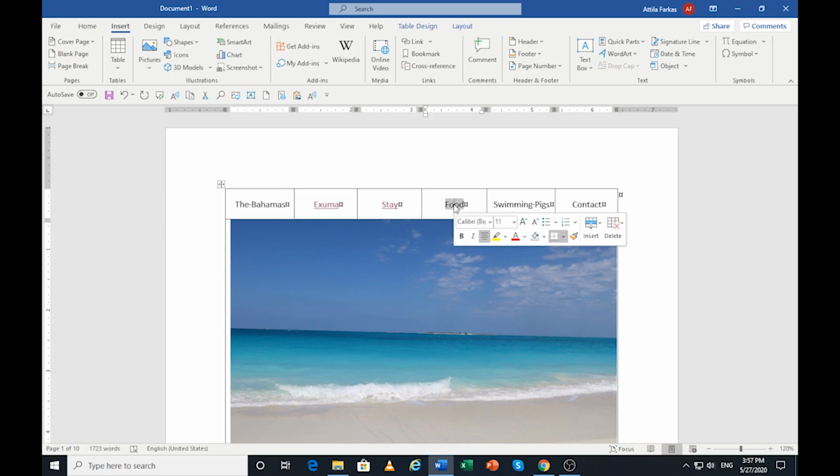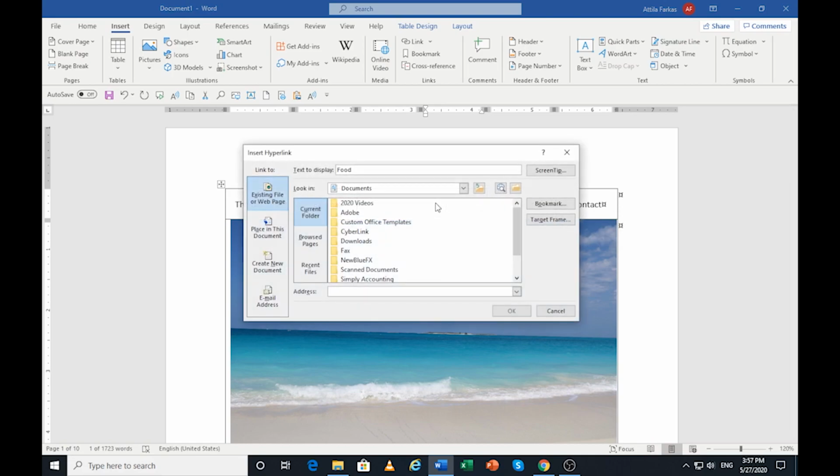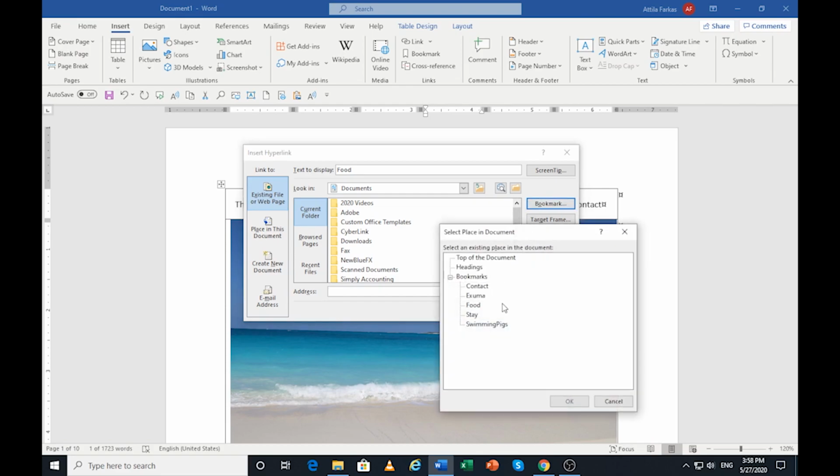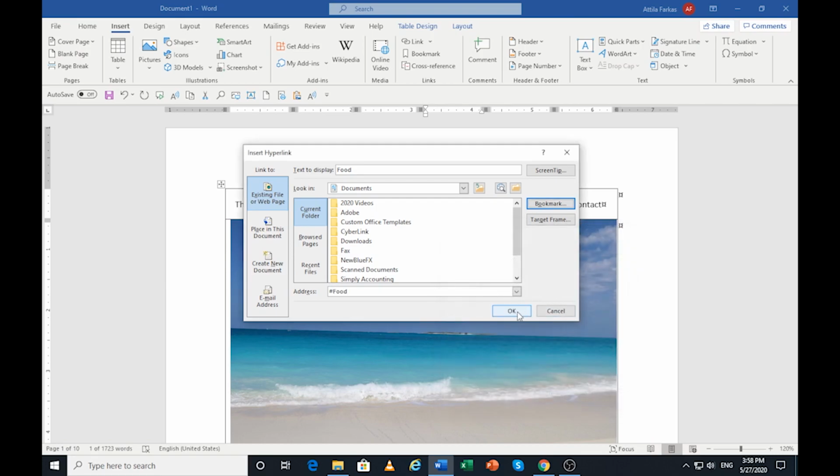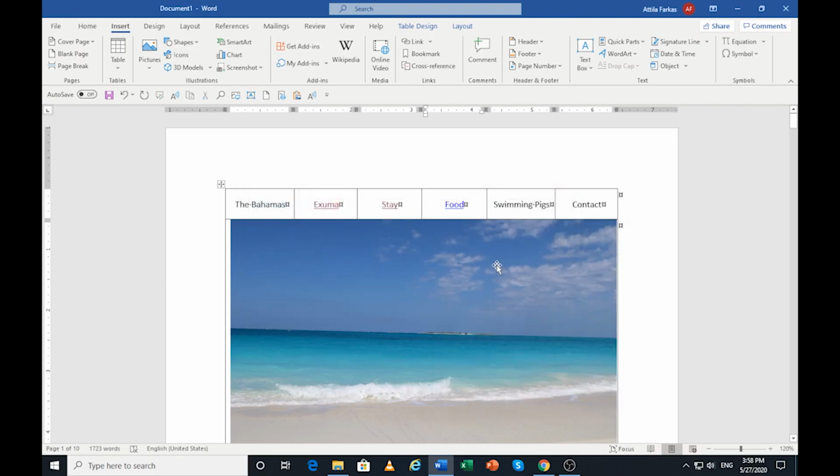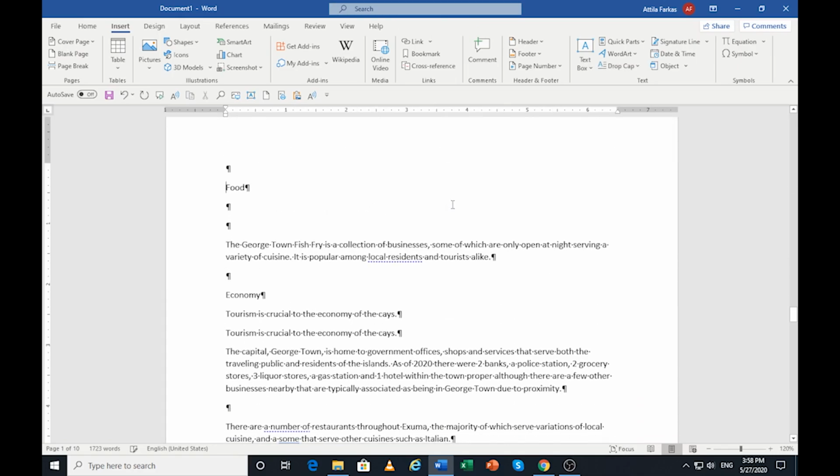So look, highlight the word food, press Control K. In the insert hyperlink dialog box, click on the bookmark button and select the bookmark that you want to link to, so food, and say OK, and say OK. Now of course this is going to work too, so if I hold the Control key, food is going to jump to food. I go Control Home,